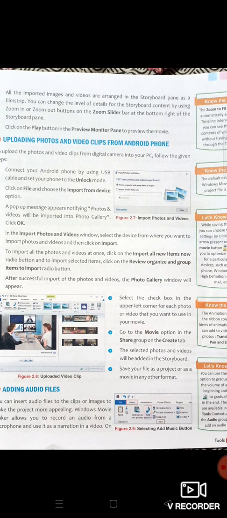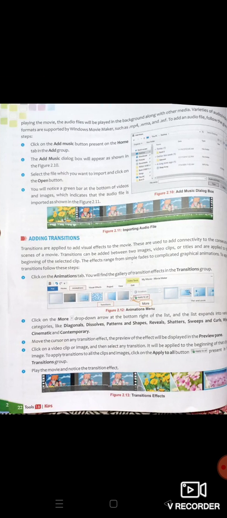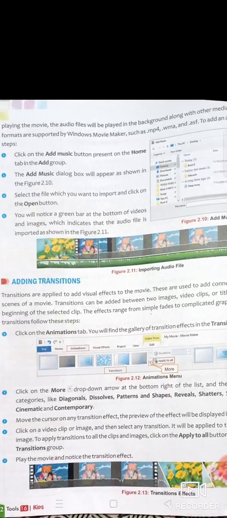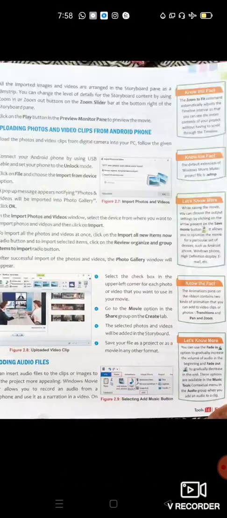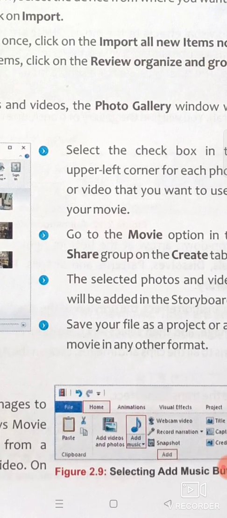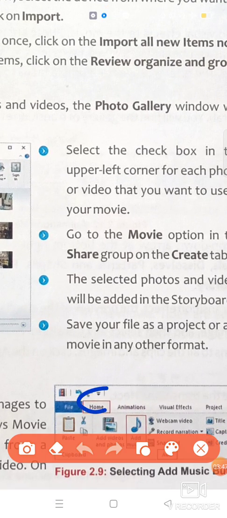Now the next option is adding audio files. How to add an audio file in Movie Maker, how you can insert an audio file. For this you need to follow some instructions. First click on the home tab. As you click on this home tab, these options will appear.